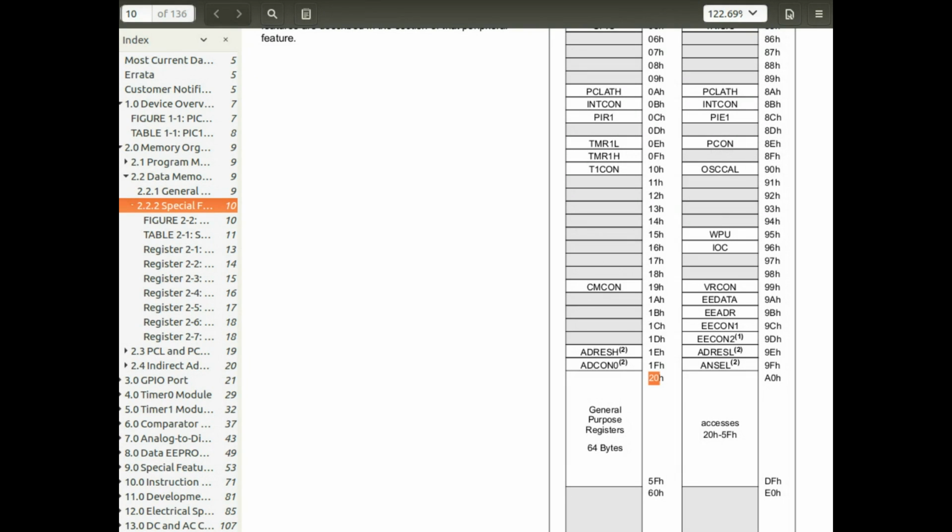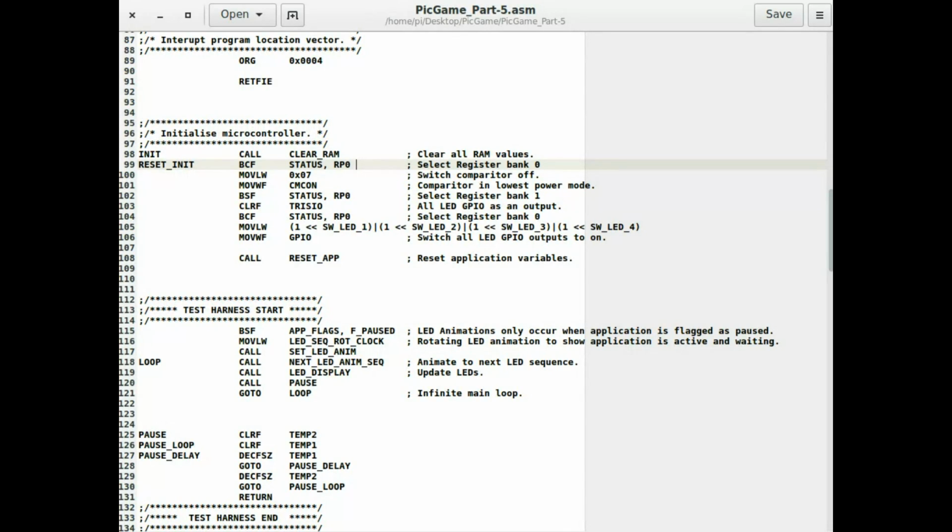And on this particular microcontroller, whether you're in register bank 0 or register bank 1, you're still actually accessing the same registers, which are just these ones here. And you've got 64 bytes. And like I say, I'm only initializing the first 48 bytes in my program. So returning to the program, after setting register bank 0,